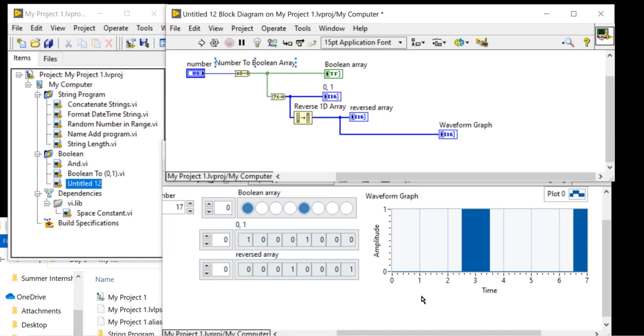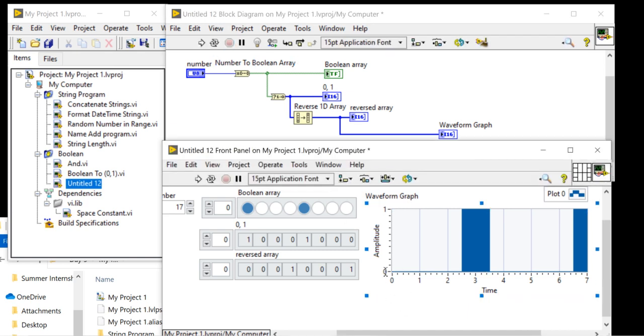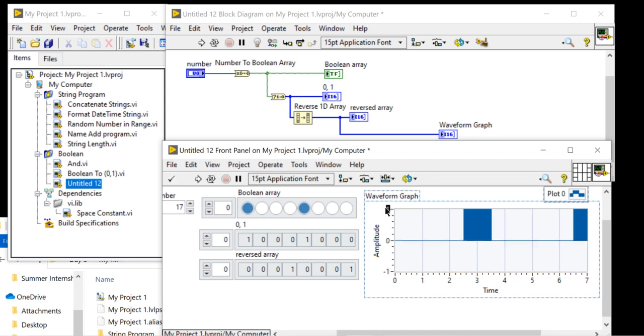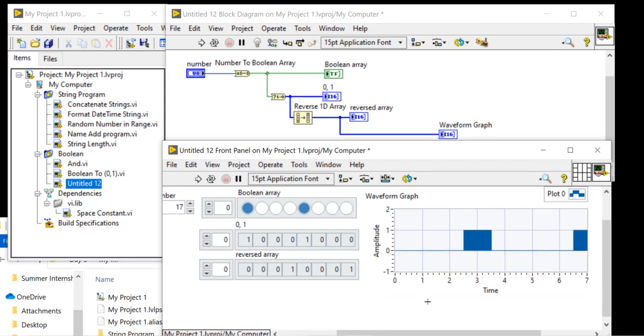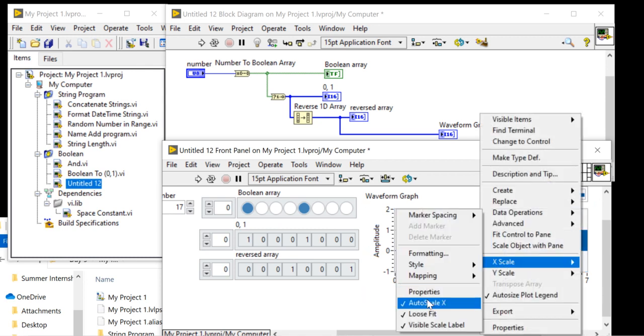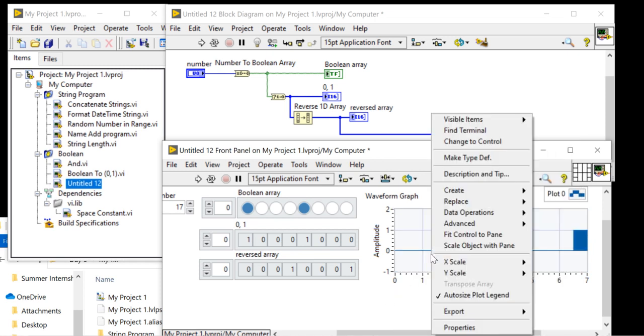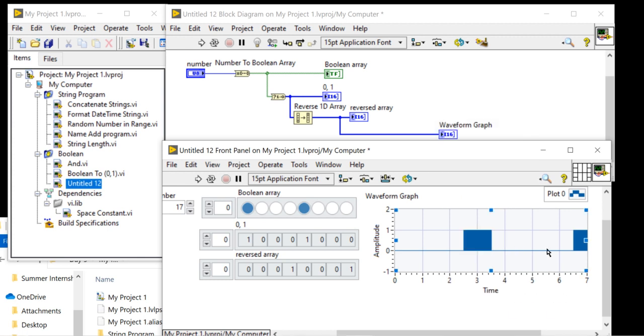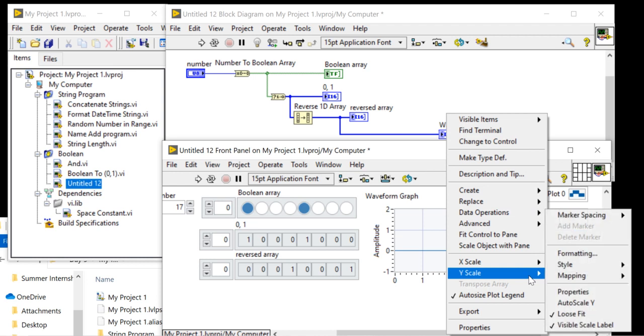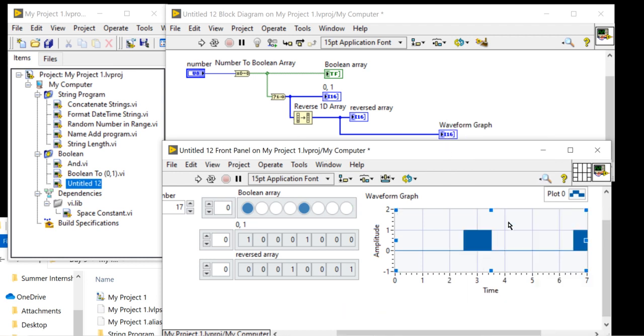For more, here I can write -1, and here I can write 2. After that, Y scale, stop auto scaling. I can right click in the waveform graph, come to the Y scale and switch off the auto scaling.